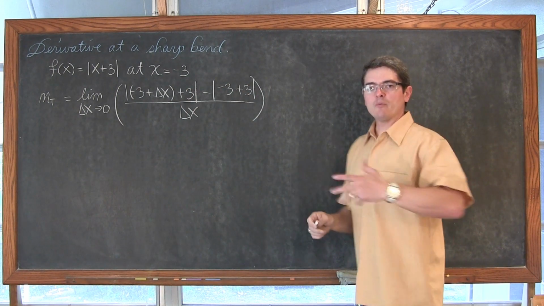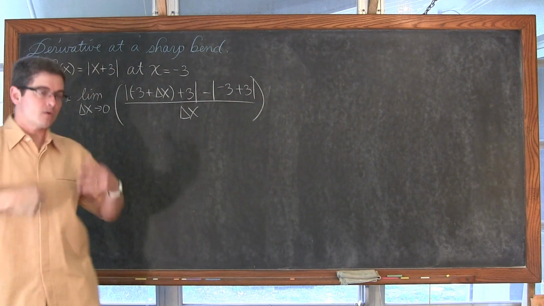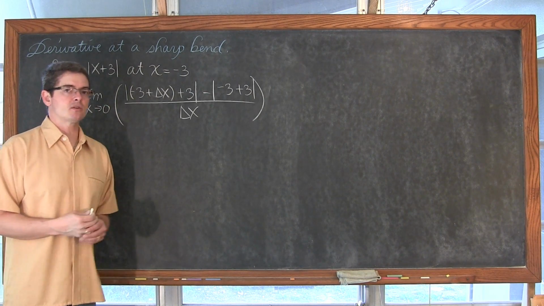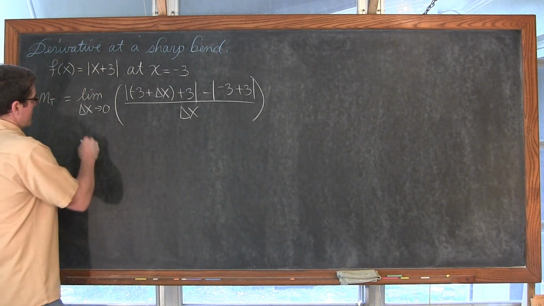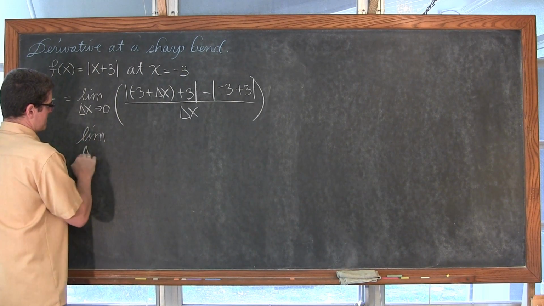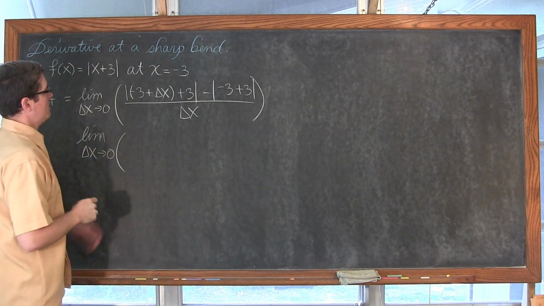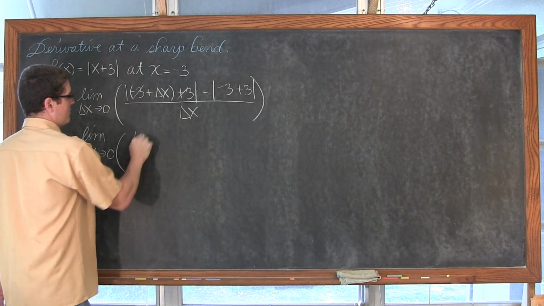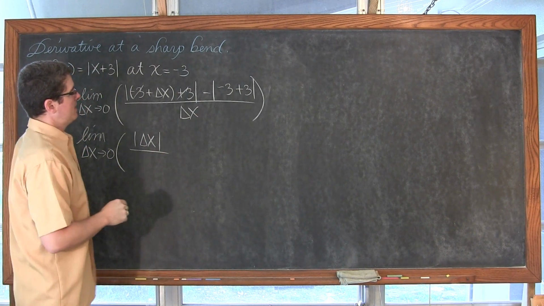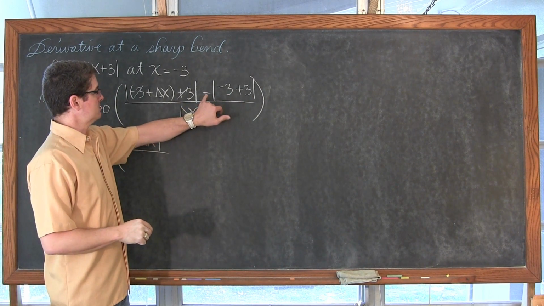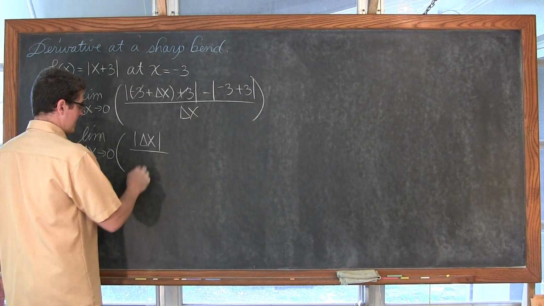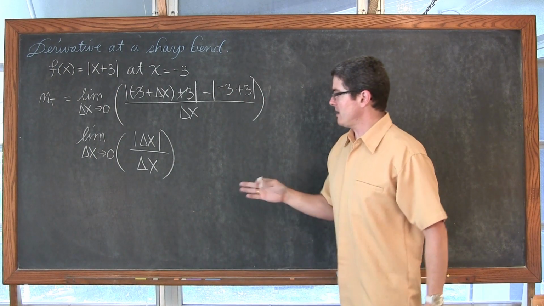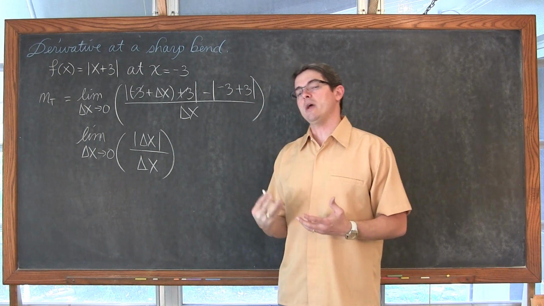Okay, and maybe we're not really even thinking about that sharp bend showing up. We're just going through all these definition of derivative, or definition of the slope of a tangent line, formula over and over again, and this happens. We have the limit as delta x approaches 0 of, well, let's see here. We have -3 plus 3 is 0. Those cancel out. And so we have the absolute value of delta x over delta x. All of a sudden, this is becoming extremely simple. And we again have a situation where we have this delta x in the denominator, and not having any way of canceling it out.